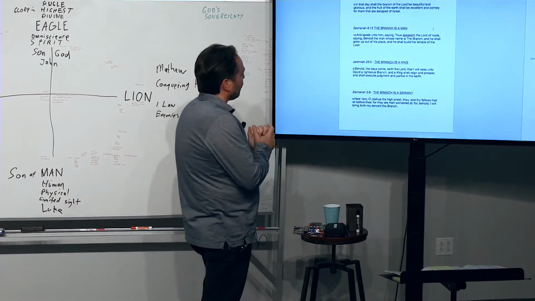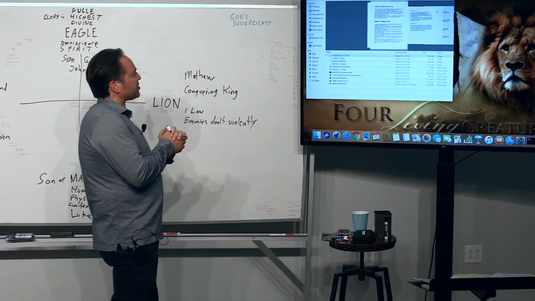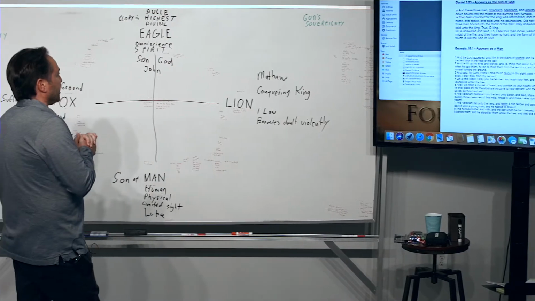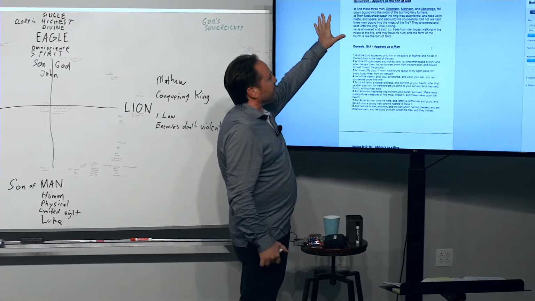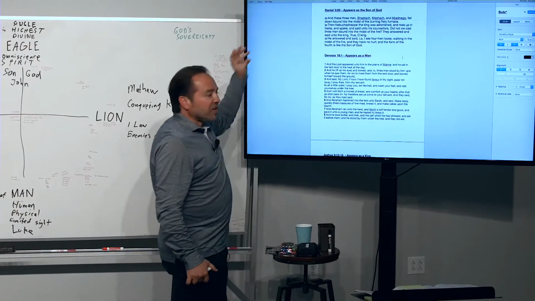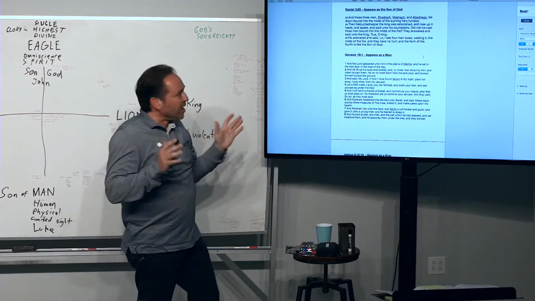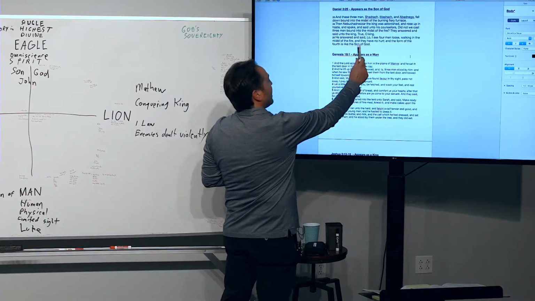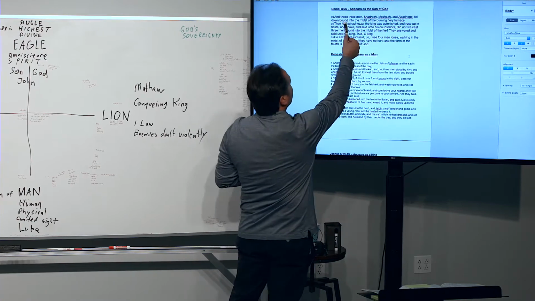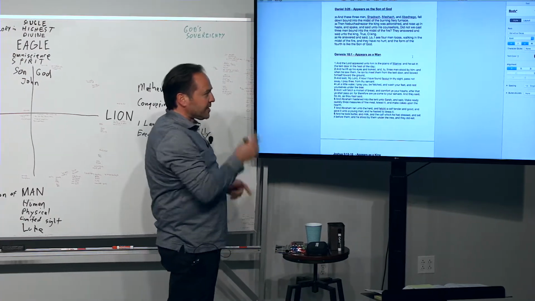Let's look at the four apparitions of God. There's more than that, but these are four, and they point to a particular aspect. Remember when Shadrach, Meshach, and Abednego were thrown into the fiery furnace? Nebuchadnezzar looks inside the furnace and says, I see four guys in there, and one of them looks like the Son of God. You have the eyewitness testimony of a pagan king, Nebuchadnezzar, looking in and seeing these